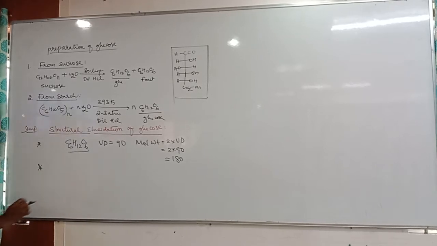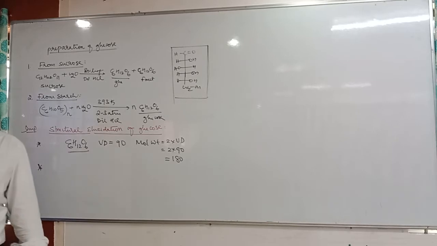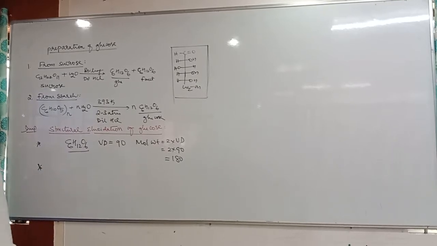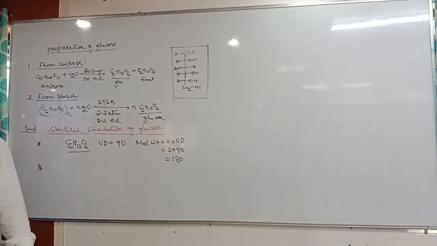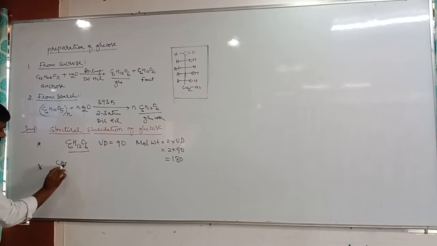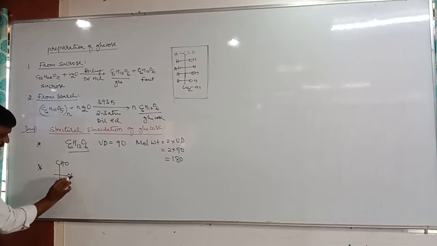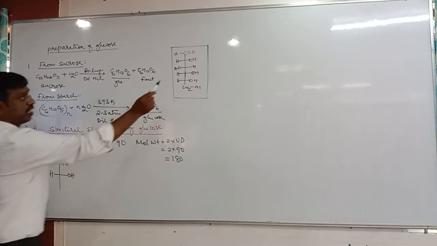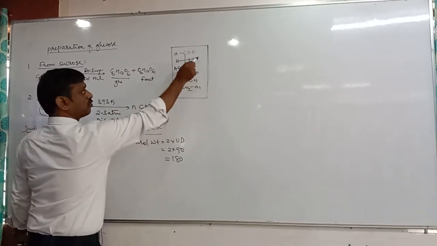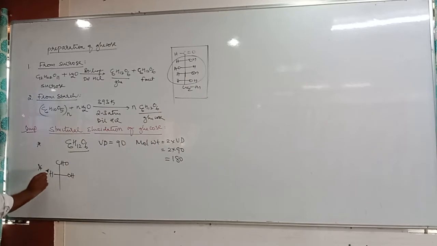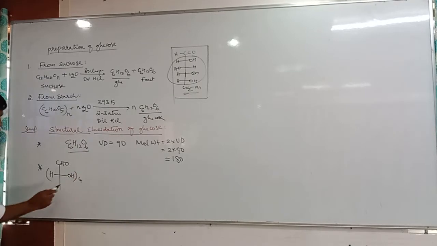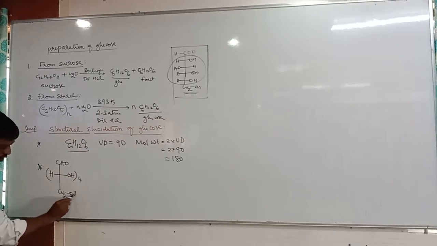Then glucose undergoes reduction in presence of HI and red phosphorus. HI with red phosphorus is one of the strong reducing agents. All aldehyde groups undergo reduction. All alcohols, even carboxylic acids also undergo reduction to form alkane. So, I will write the short form of glucose. It is an aldehyde group, and how many OH does glucose contain? See there, it is 1, 2, 3, 4. These 4 are secondary OH. Therefore, all secondary OH I will write as 4, and the last one is primary OH. I will write CH2OH. This is glucose.